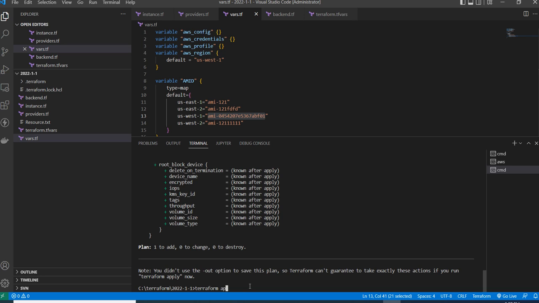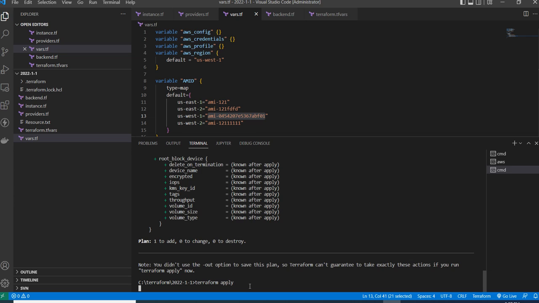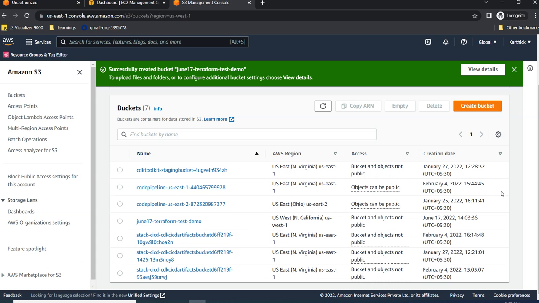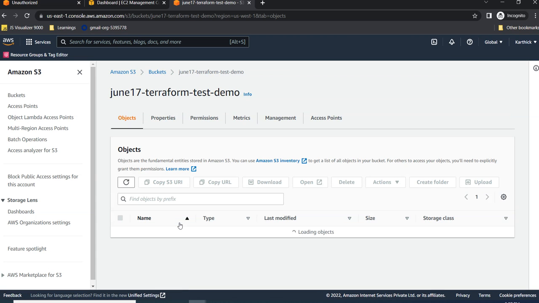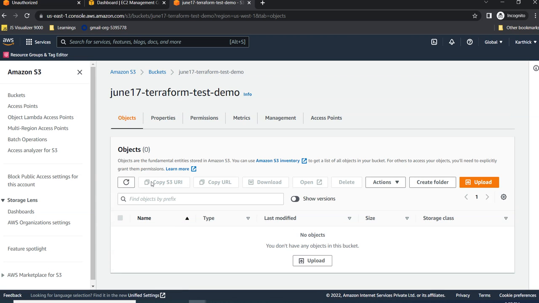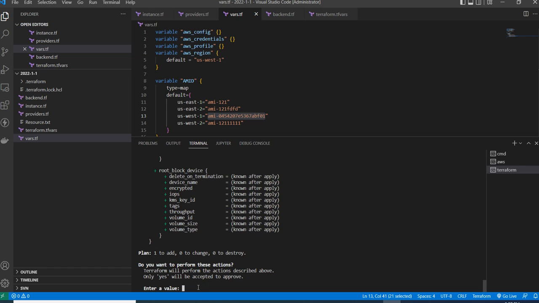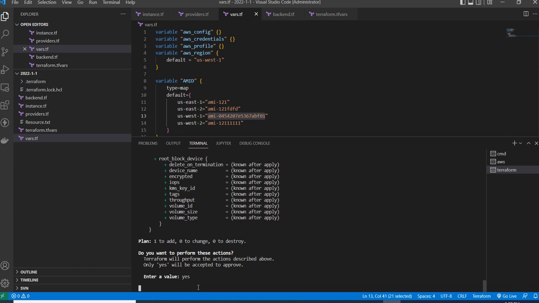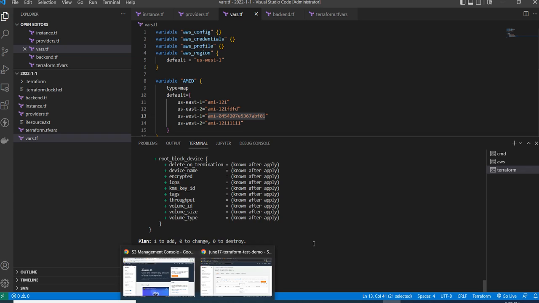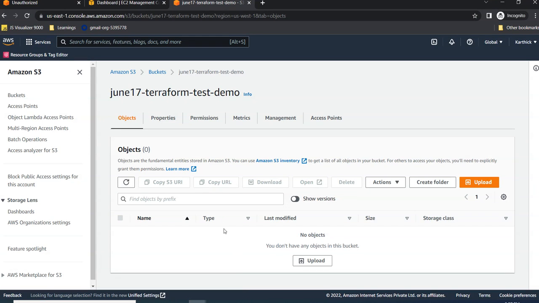Let's see, terraform apply. This is going to create the example instance just like in the previous demo, but from now onward the state will be in the S3 Terraform state. Let's have a look into AWS S3. So this is our bucket, right? I'm going over here, we'll refresh it, and see once it is done. Yeah, I will be giving yes over here. Okay, it has started applying. Now if you refresh this,